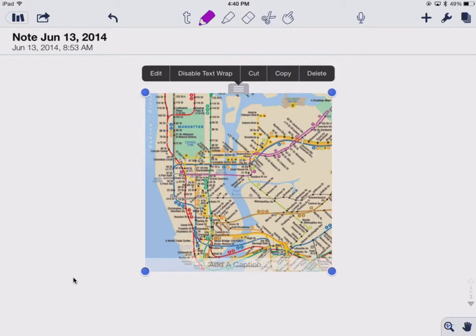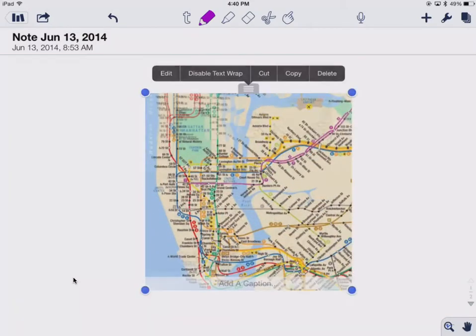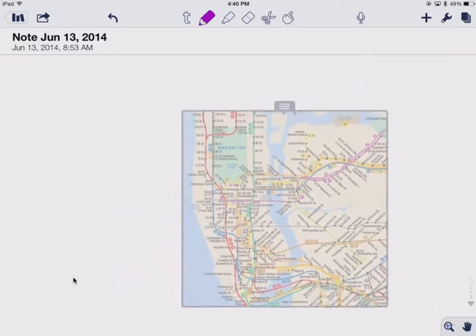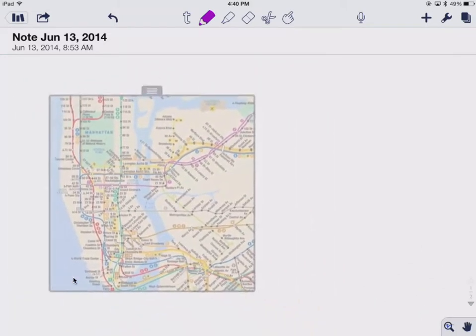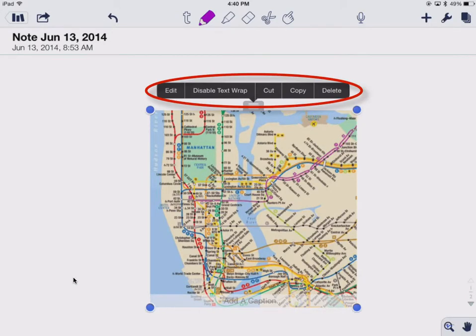Now, if you click on any one of the four corners with those blue circles, you can resize the image. And if you just click on the image and drag it around, you can change where it ends up getting dropped on the file. You still have some other options. You can, of course, delete it. You can copy this image. You can cut the image. Disabling text wrap means that when you type text around it, maybe the text will go on either side of it or just below it. I don't use that too much.